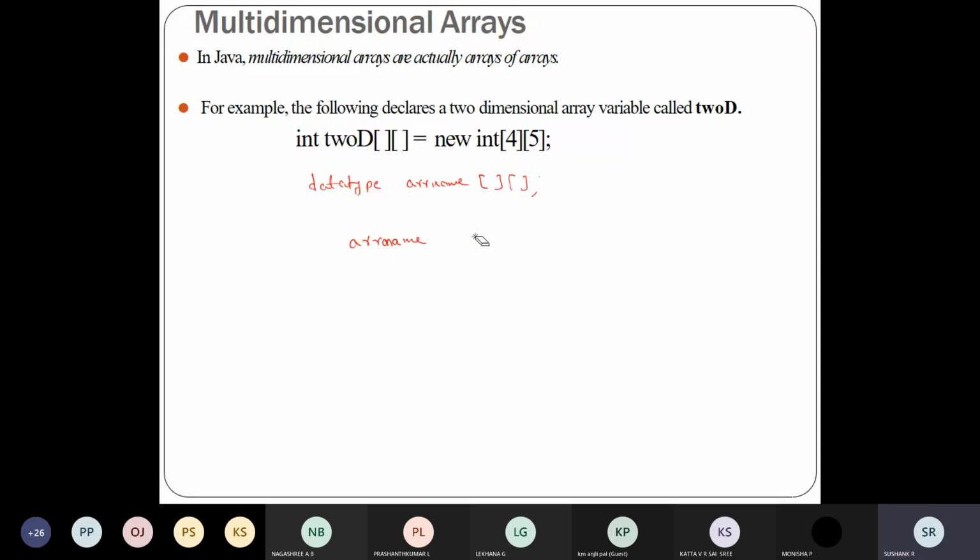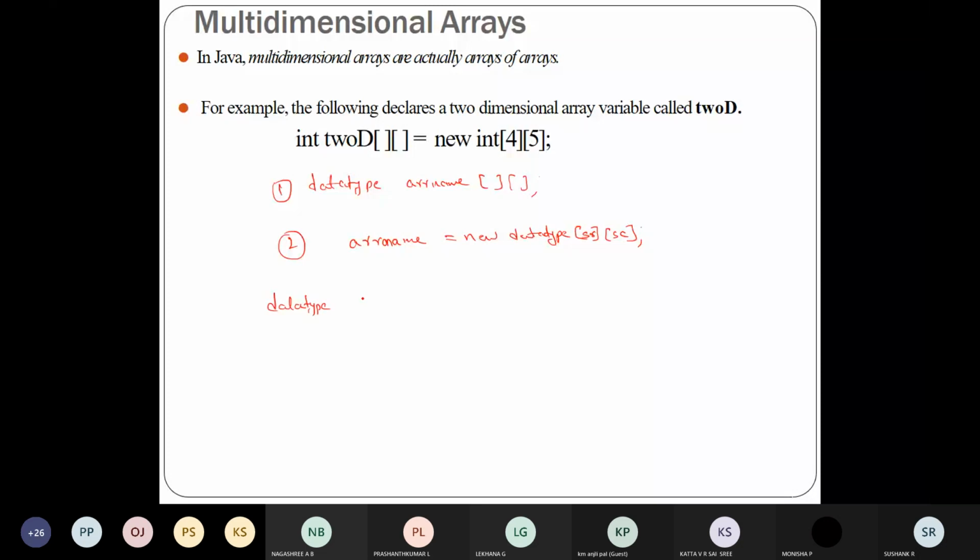Array name is equal to new data type, then the size of rows and size of columns. You can write like this. Even for two dimension, first you can declare the array, then you can create memory for that, or you can combine these two and write it in a single line itself.